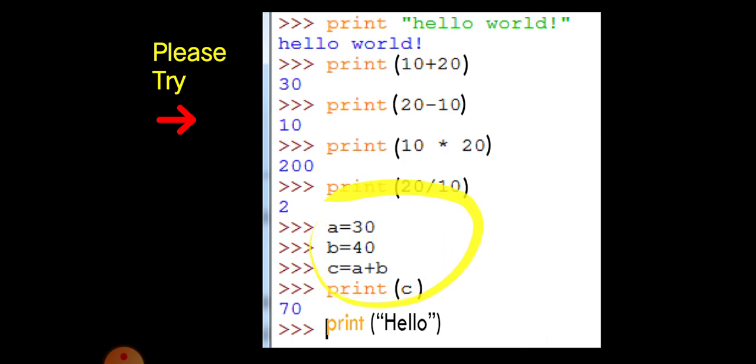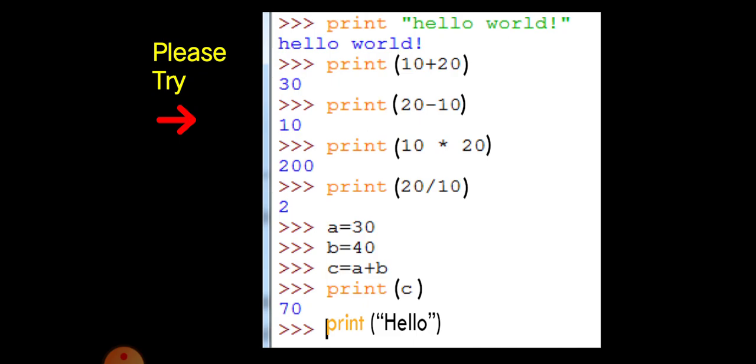Look at this. Here you are assigning 34 to a, 44 to b, and the value of c is the addition of a value plus b value. Whatever values you give for a and b will be added and stored in c. So when you print c, you will get 70.